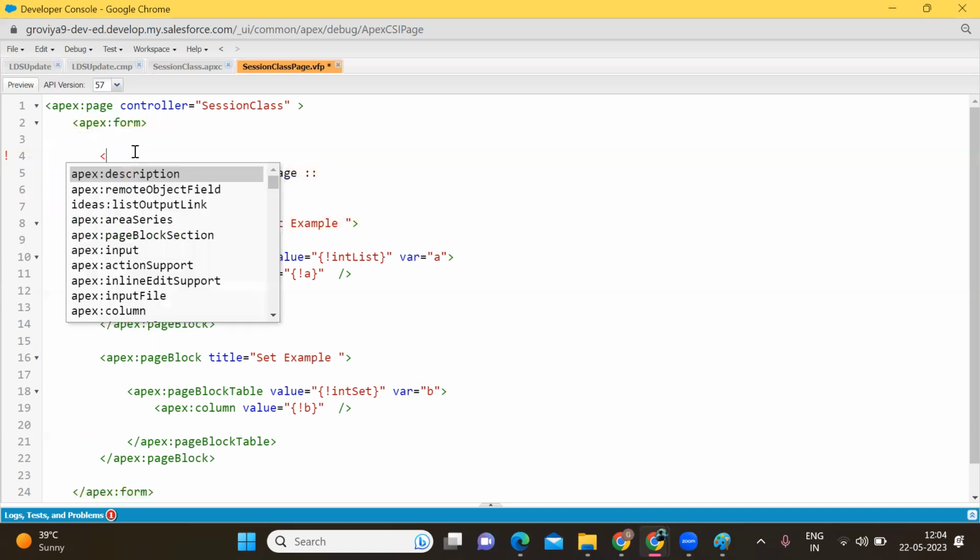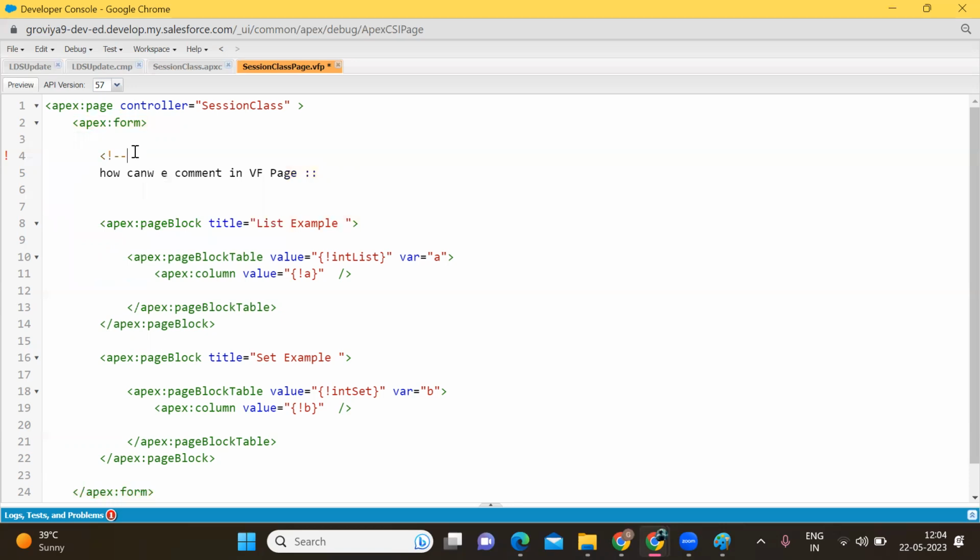So writing with the expression, exclamation mark. Angular bracket, expression, dash dash. If you are writing two dashes, you have to write two dashes in the close tag also. So that's a way to comment in a Visualforce page. So I'm going to comment the code,